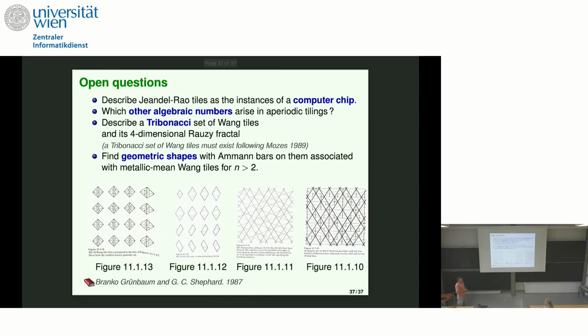Okay, finish with this, one slide. Some open questions. So if we come back to Jean-Rau, there must be labels and vectors that allow us to understand these tiles. The same can be done. What is the computer chip associated to Jean-Rau? Which other algebraic numbers arise in aperiodic tiling? For instance, take the Fibonacci substitution, horizontally, vertically, direct product. Using Moses, there exists a set of Wang tiles having the same structure. Compute the stone inflation,